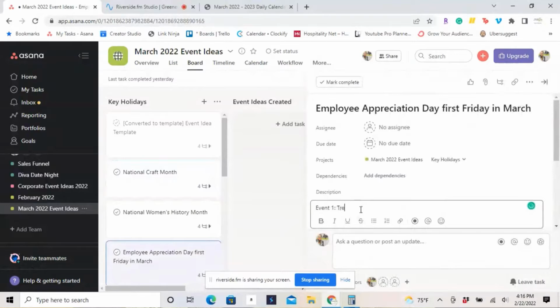But if you don't know these things, or maybe you might have a client that has her own company and it's Employee Appreciation Day, the first Friday in March, you can have an opportunity to now pitch to your client that you can work with them for Employee Appreciation Day, because they were only thinking they could hire you for their anniversary dinner, where you could have a really quick booking by doing Employee Appreciation Day. So for something like Employee Appreciation Day, I would do event one,